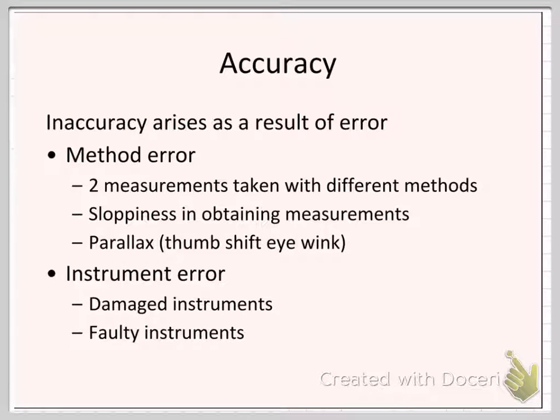I seem to have a really huge parallax error. My eyes don't work very well together. It's okay. I've been looking through microscopes one-eyed my whole life, and I don't care if they say that's wrong. But if I were to take a measurement on an instrument with one eye closed, and then I forget which one I had closed, and I close the other one, the measurement's going to jump